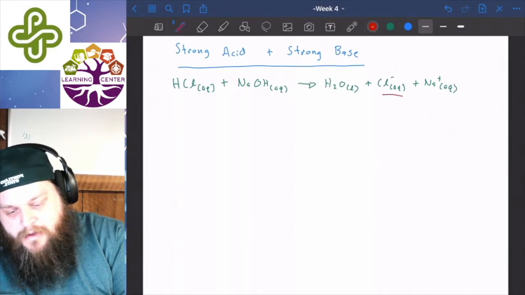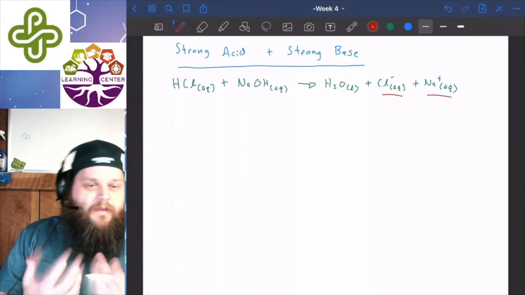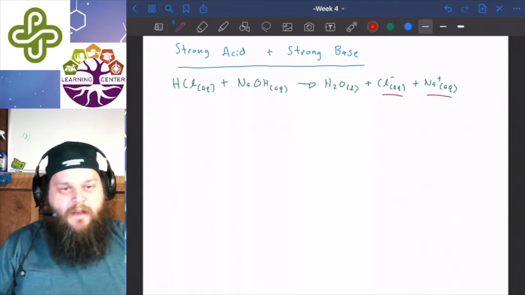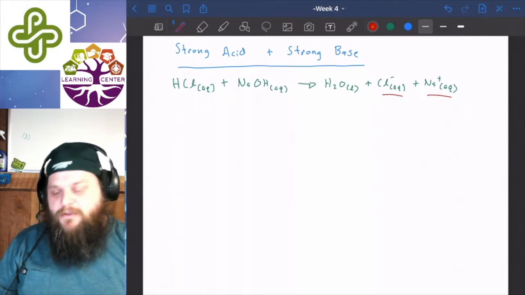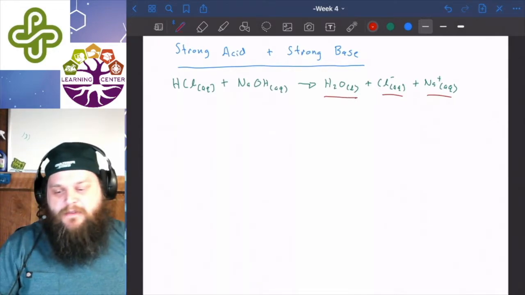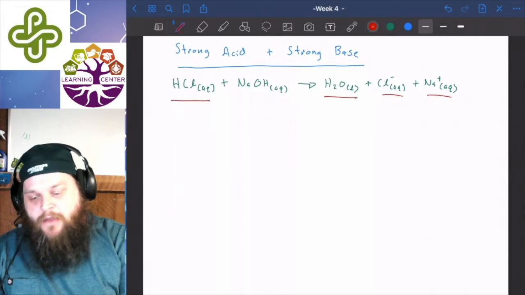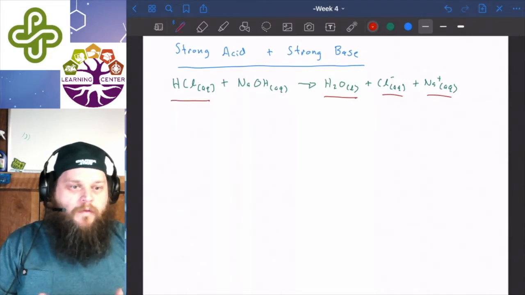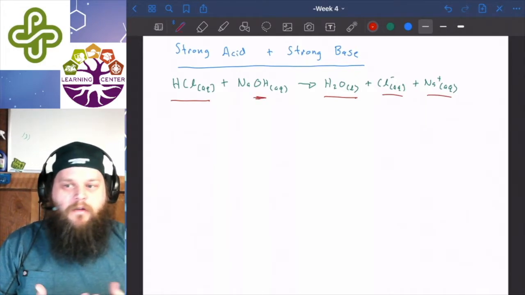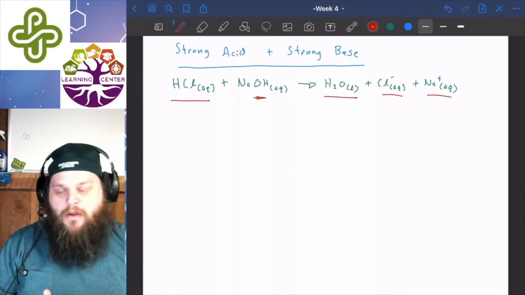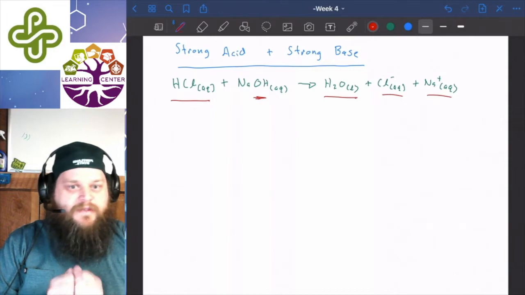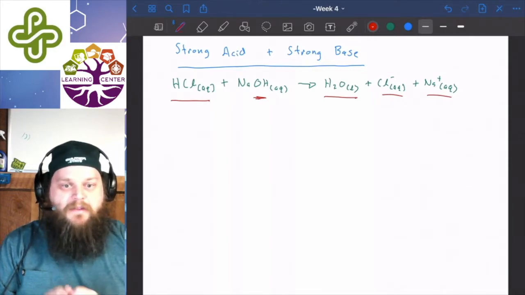Now these two are essentially incredibly stable, floating around in water, so they don't react with anything, which is why hydrochloric acid and sodium hydroxide are strong acids and strong bases. And this just leaves us with water in that case. So if we have any acid, if we add the equivalent moles of hydroxide ions to it, we end up with neutral water. So the equivalence point, which is where the moles of acid is going to equal the moles of base, is always going to be at pH of 7 for a strong acid, strong base titration.